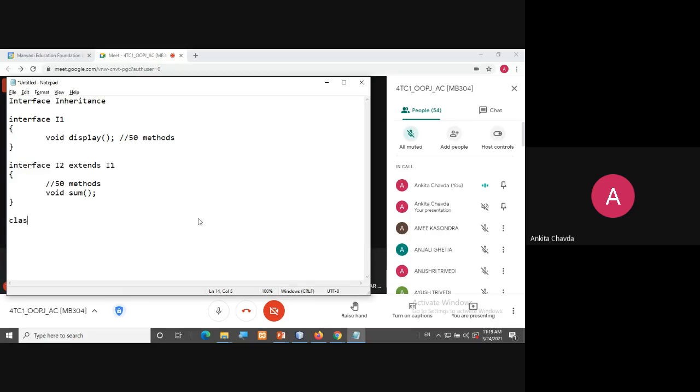But it is not like you have class A and it extends I1. No. You have to use the keyword implements. So if I'm implementing I2, say class A implements I2, how many methods compulsorily does class A need to provide?